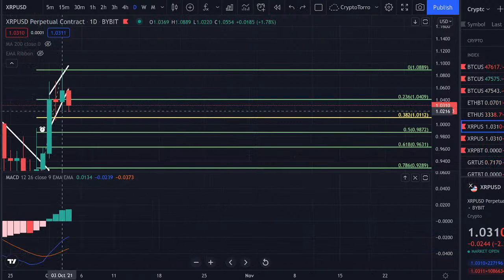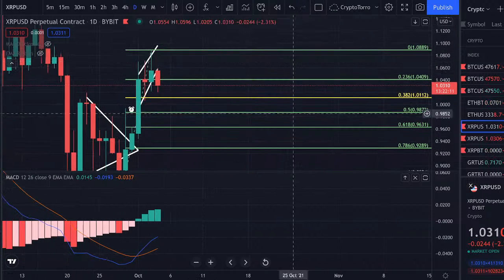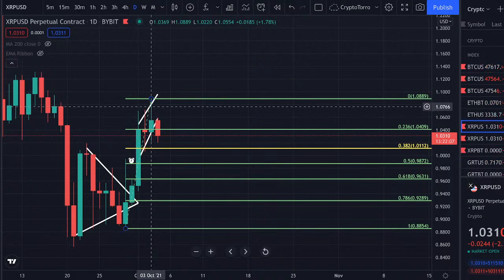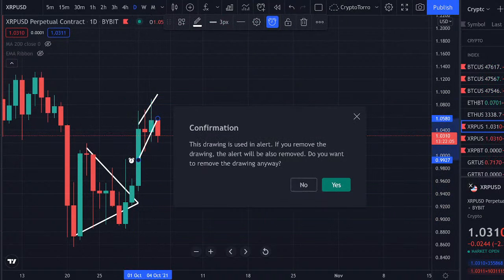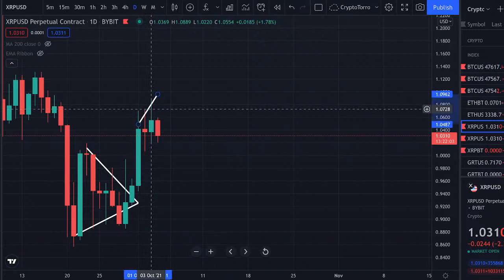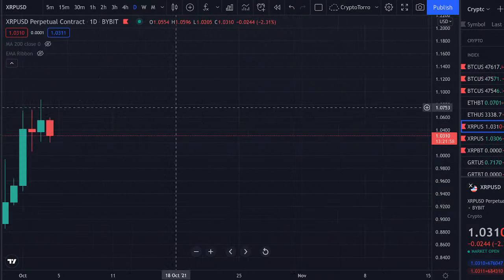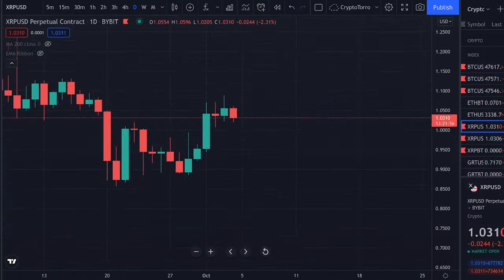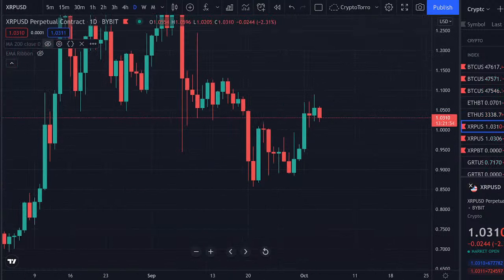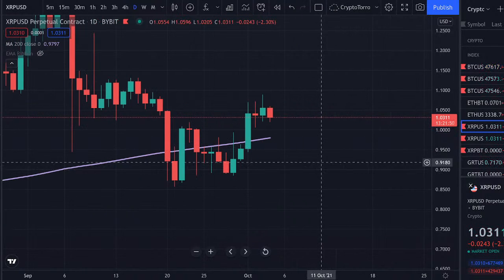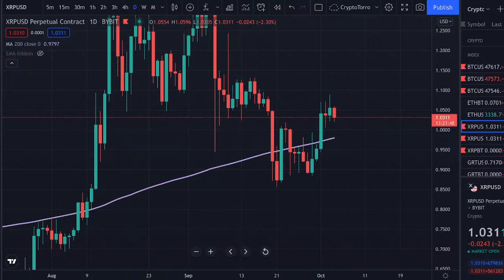We are seeing an increase in XRP's price action, and what I would like to discuss is actually not just the daily time frame, but I would like to discuss a lot of things on the daily time frame that I actually say are very important right now. So on the daily time frame, I would like to discuss as well the moving averages and the EMA ribbon. The moving average that I just enabled is the 200-day moving average, and I've talked about this previously as well,